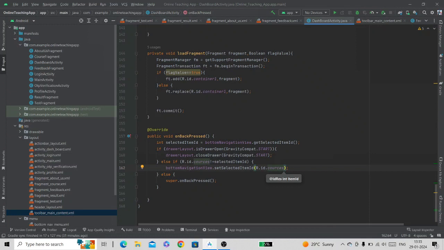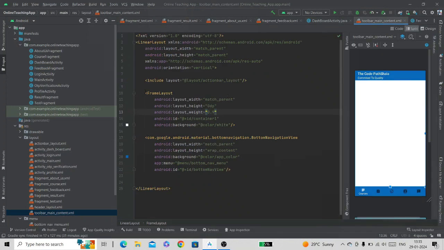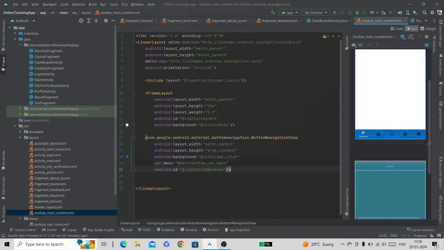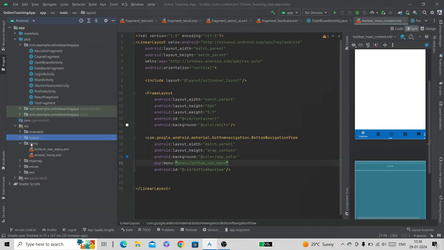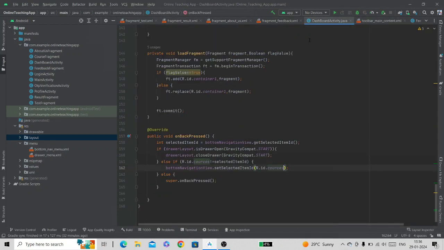Now that we are done with our code, we will take an overview of the whole code of bottom navigation view, and then we will run our app and see the output. So first of all, we have created this frame layout where we will set our menu item interface, and then we have created this bottom navigation bar, and then we have included the bottom navigation menu. To include the bottom navigation menu, we have created the navigation menu inside this menu resource file, and after creating the menu resource file, we have included it with the help of this menu property, and then inside the dashboard activity